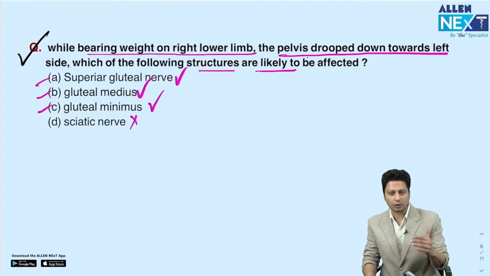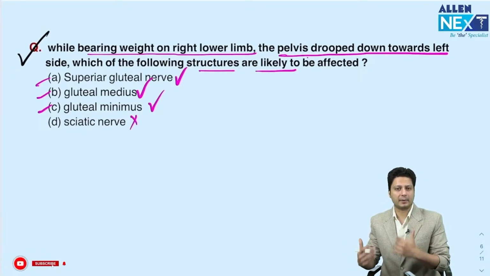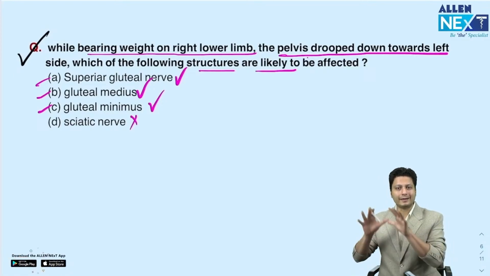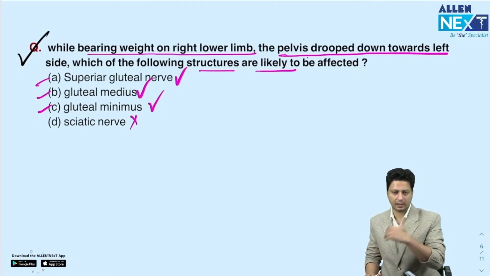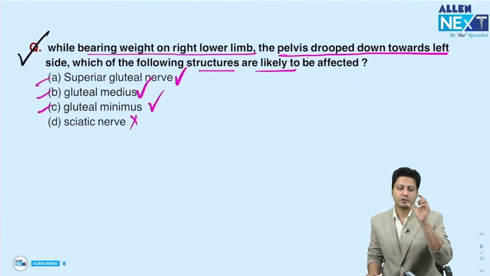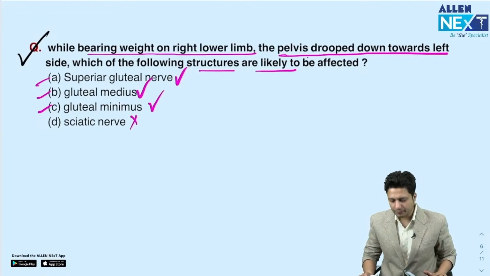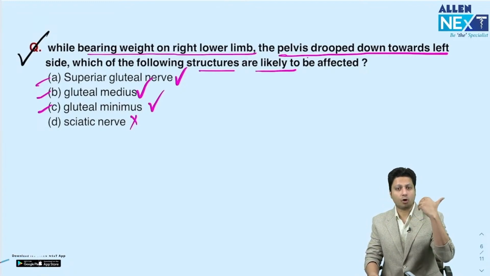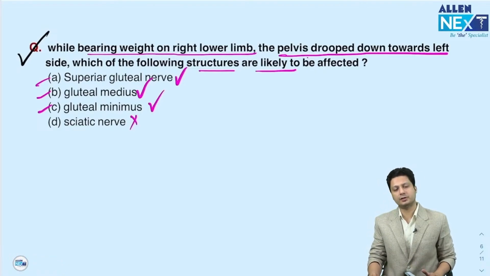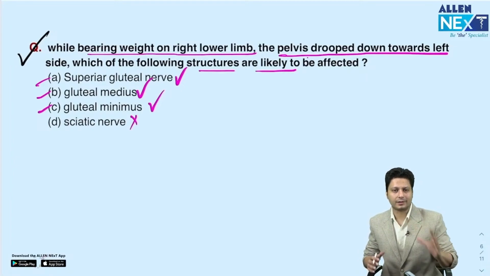So while bearing weight on the lower limb, the pelvis dropped down towards the left side. That means the right-sided abductor mechanism is at fault. Last time the question asked which of the following nerves is likely to be affected: right-sided superior, left-sided superior, right-sided inferior, or left-sided inferior gluteal nerve palsy. So again, they are asking regularly about the Trendelenburg test, Trendelenburg gait, Trendelenburg components, and the abductor mechanism, and next time they are going to ask about the contraindications. The next time they will be asking in which of the following conditions the Trendelenburg test